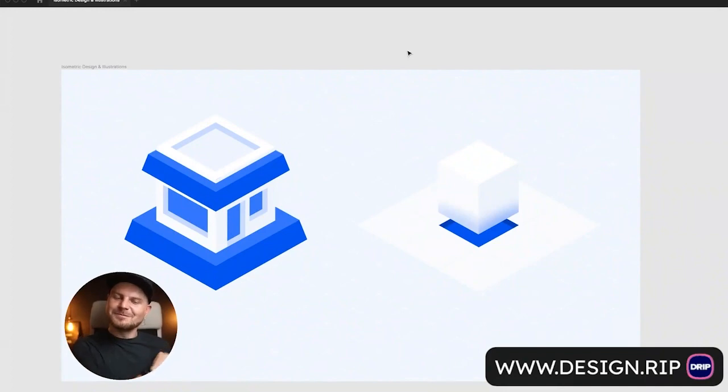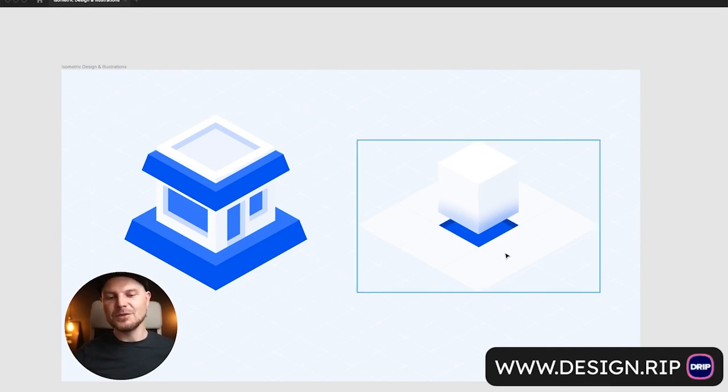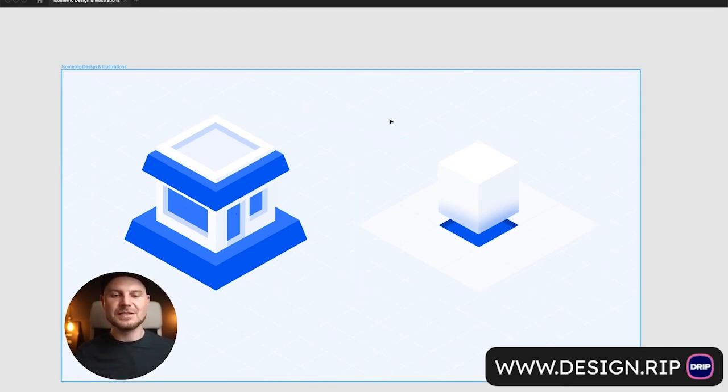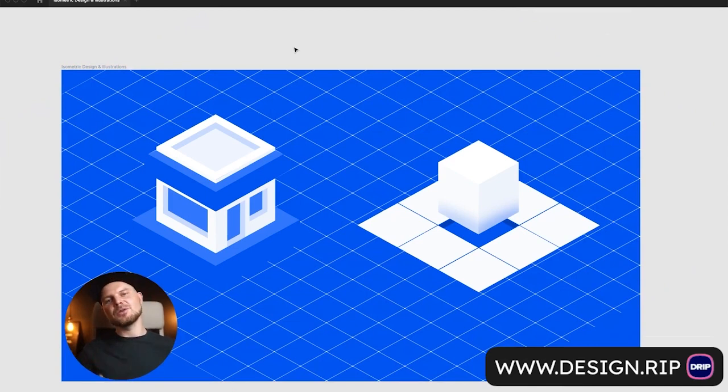And welcome to the next lesson of isometric design and illustrations with Figma Masterclass. How to create complex elements in Figma, an isometric projection. Let's take a look how to create this store, for example, or this cube, or I don't know if you see here on the background, but let me change the color of this element and you will see that also we have the